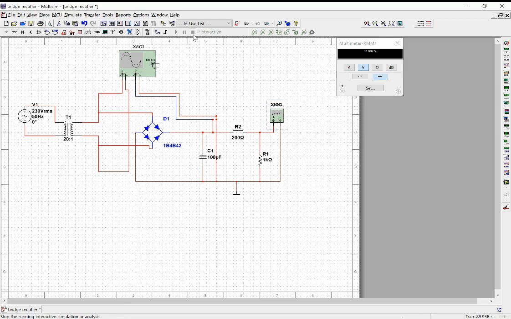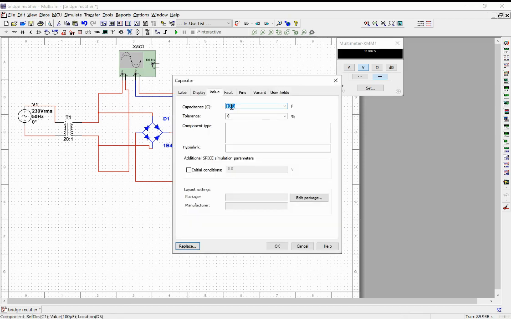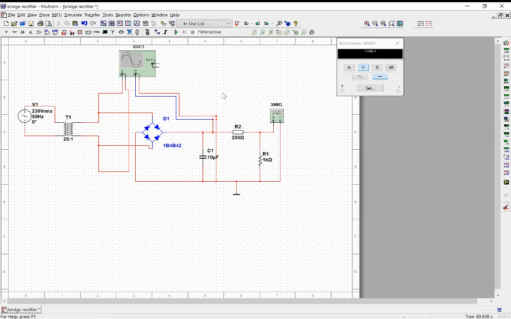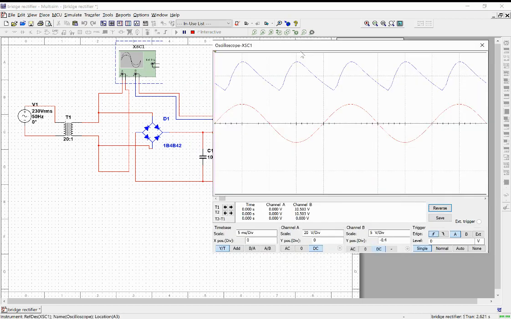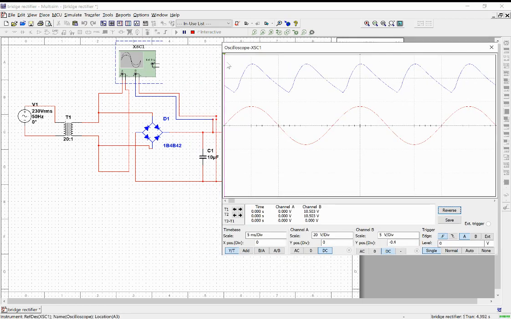In order to do that, we'll stop the simulation, double click the capacitor component. I'm going to reduce it now to 10 microfarads, click OK, run the simulation again, double click the oscilloscope, and clearly see now there's a much greater amplitude of that ripple voltage. We're going to do the same thing, drag our little tabs across and go from the lowest point to the highest point, and we can see now that the ripple voltage has increased to nearly 6 volts